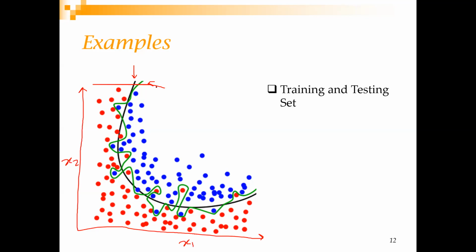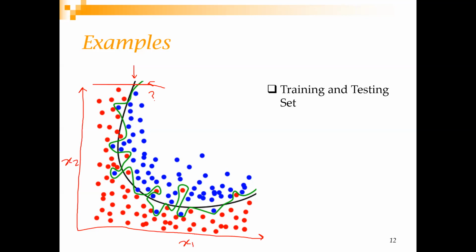Now, how could these classifiers be used for a testing set or unknown label? If you have an observation like this, which I denote by a question mark, you know that it is on the right side of the classifier. If I'm using the green classifier, or even the black classifier, it is on the right side, so it's a blue class, right? That is how the classifier will take decisions or make predictions.